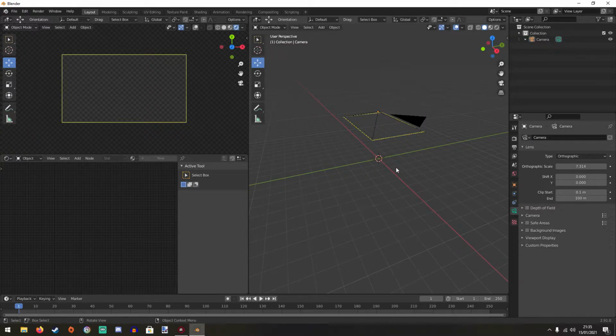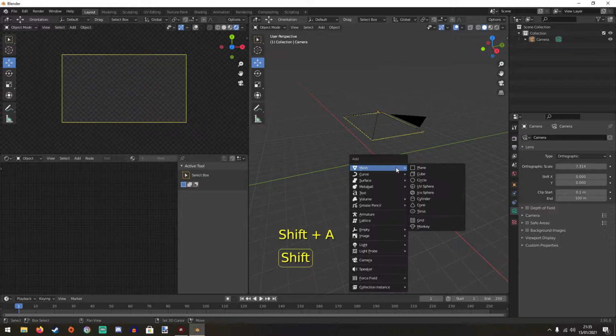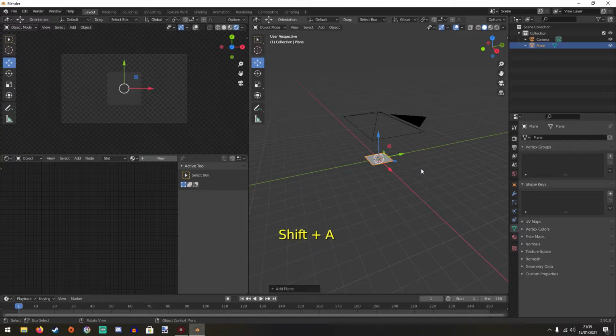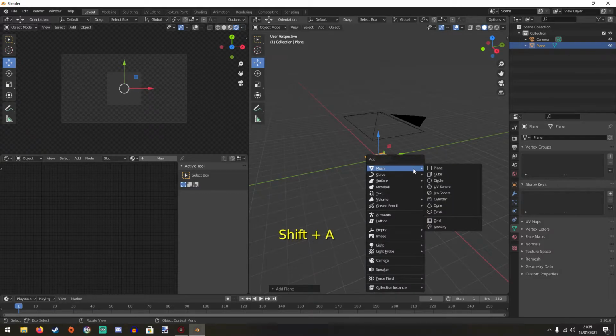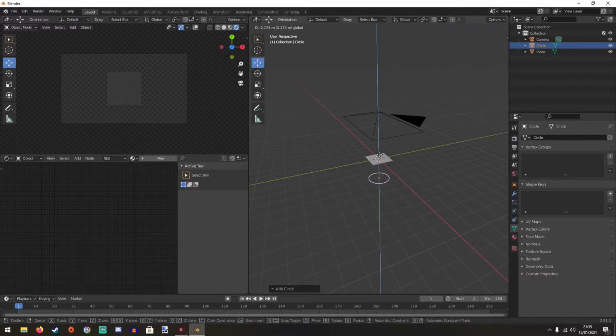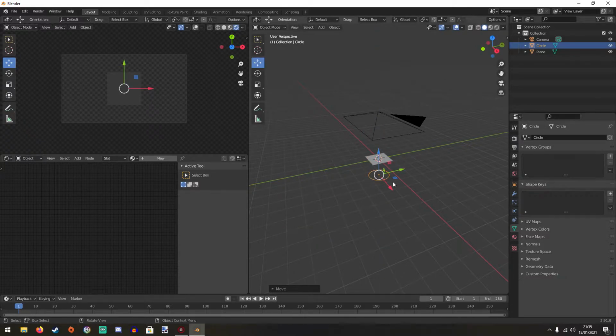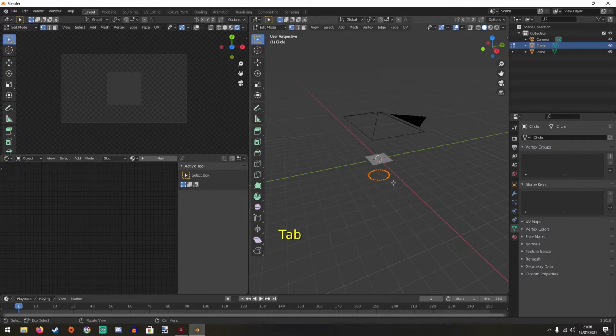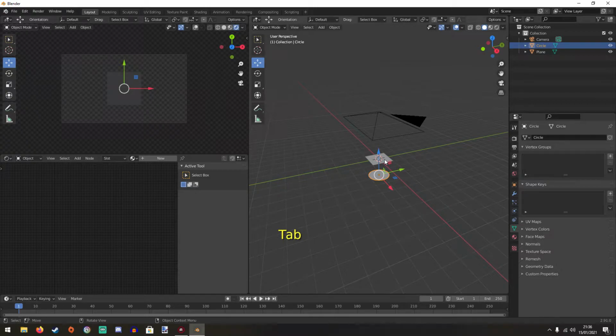Now in the workspace, we're going to press Shift A, put in a new mesh plane, and what I like to do now as well is press Shift A again, mesh circle, and then move the circle below the plane. Press Tab and F to fill the circle. We'll be coming back to that later. Press Tab again, select the plane,